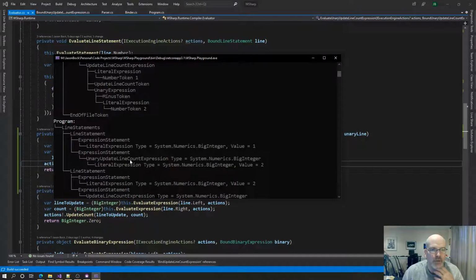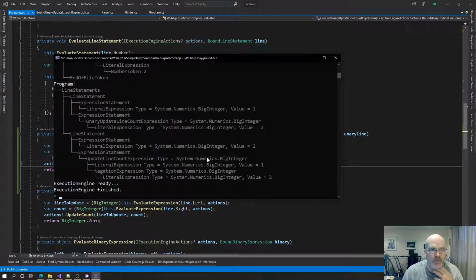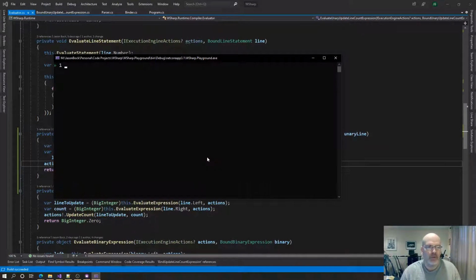And we got a unary update line count expression, where its little expression is a big integer of 2. Very nice. So now if we do 1 minus 2, and then let's do minus 3, okay, 2, 1, we just had 2 there, 3, 2,